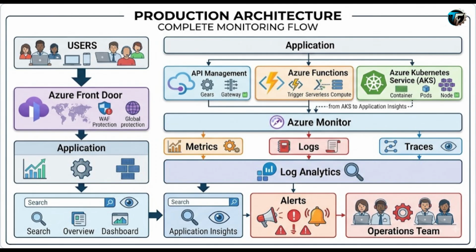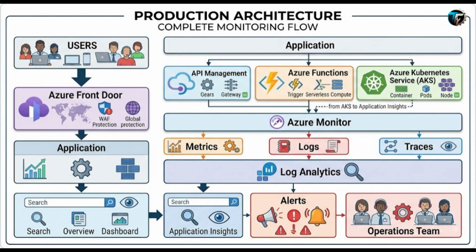These flow into Log Analytics and Application Insights, where we can query, analyze, and visualize telemetry. From there, we define alerts, signals that matter, and send them to the operations team for action. This is the complete monitoring pipeline, from users, through the app, into Azure Monitor, and finally into insights and alerts